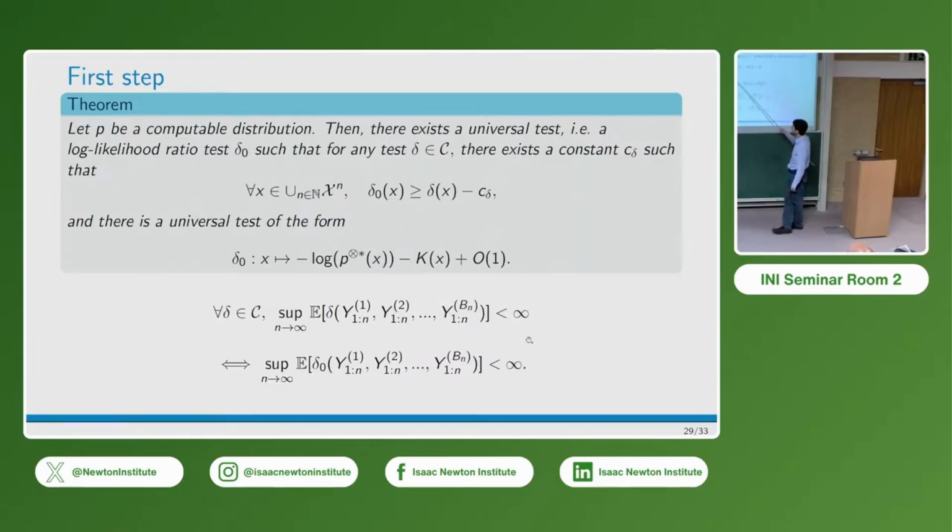And in the numerator, you have something that is essentially 2 to the minus K of x. With 2 to the minus K of x, you can form, in some sense, a distribution, where the sum of 2 to the minus K of x is less than 1, it's a known result. This is actually called the universal semi-distribution, because it doesn't exactly sum to 1. But anyway, the universal distribution, and it is very closely related to the Kolmogorov complexity. This universal distribution is also called the Solomonoff prior, as he was calling it,